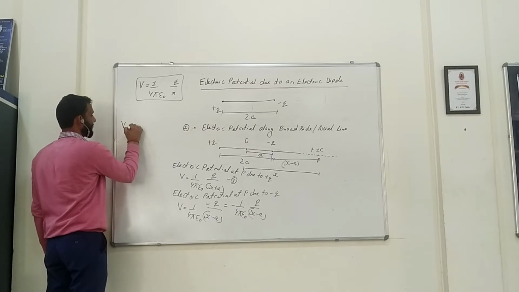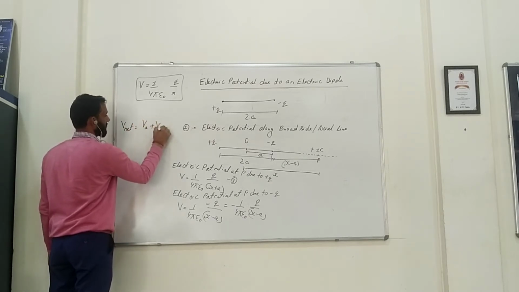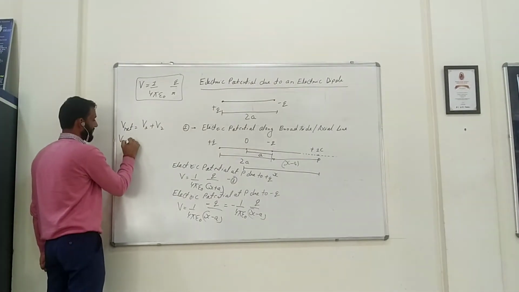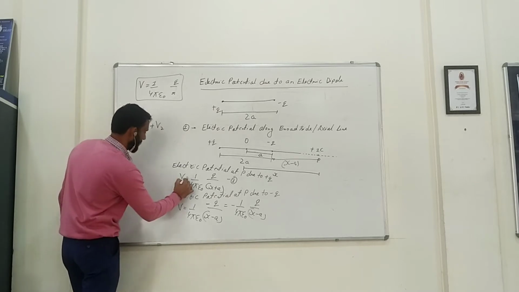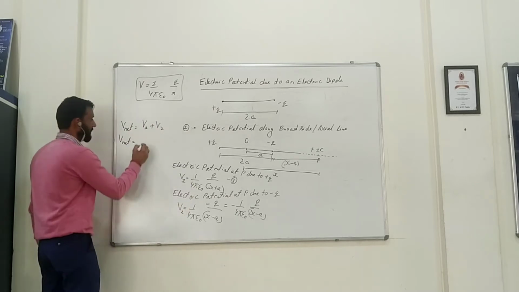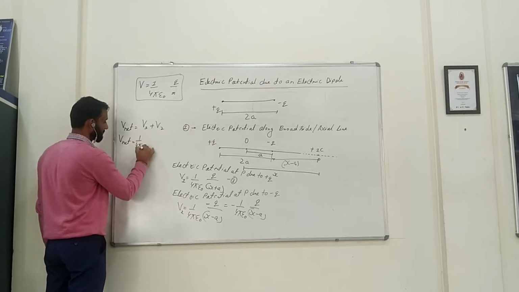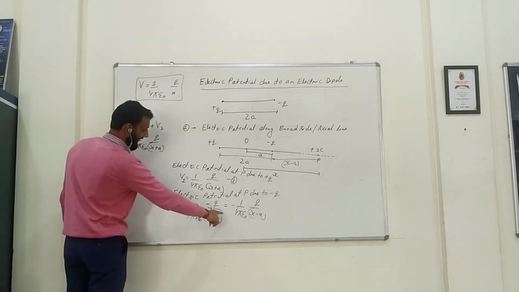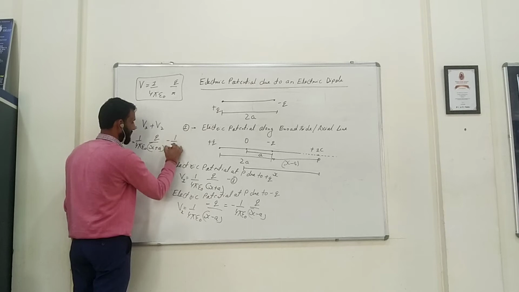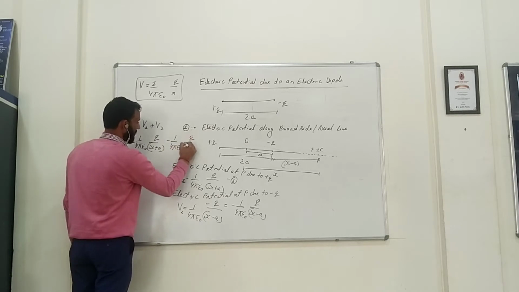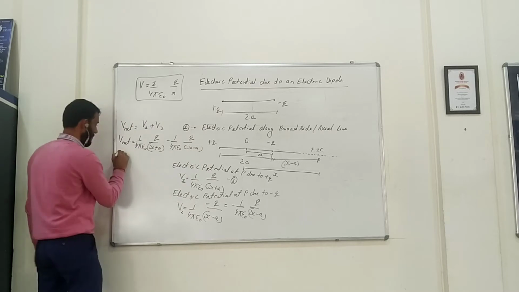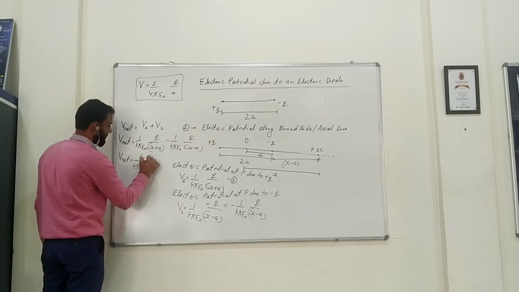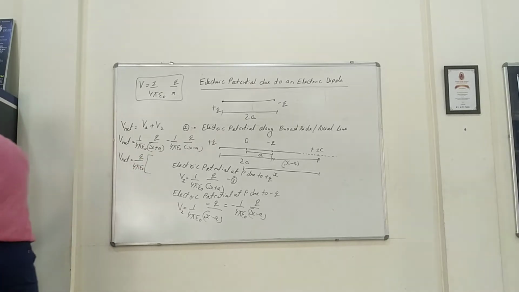Now in order to calculate the net electric potential, that would be V net is equal to V1 plus V2. Electric potential is a scalar quantity, we will add them directly. So V net is equal to, let me call this V1 and this V2. So V1 will be 1 upon 4 pi epsilon naught q upon x plus a, and then we'll add this, but since the minus sign is there, it will come minus 1 upon 4 pi epsilon naught q upon x minus a. So V net is equal to, we take this as common, and then what we are left with is